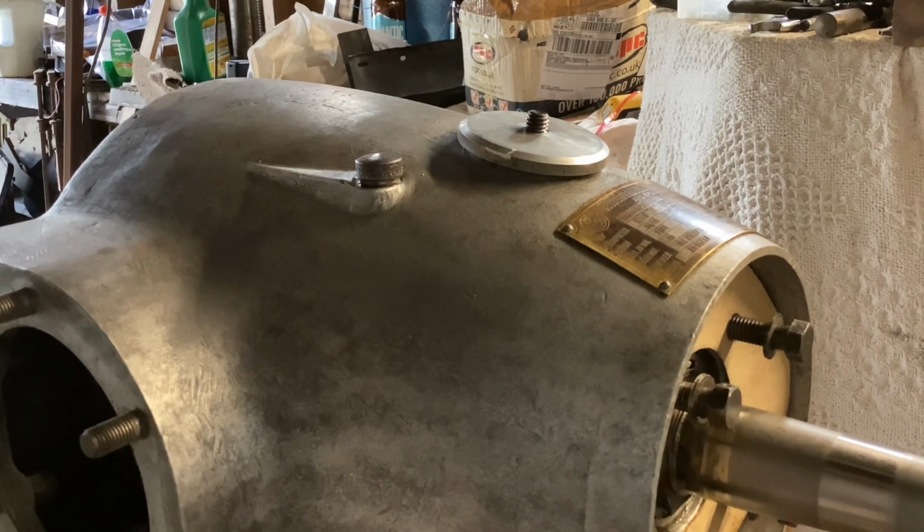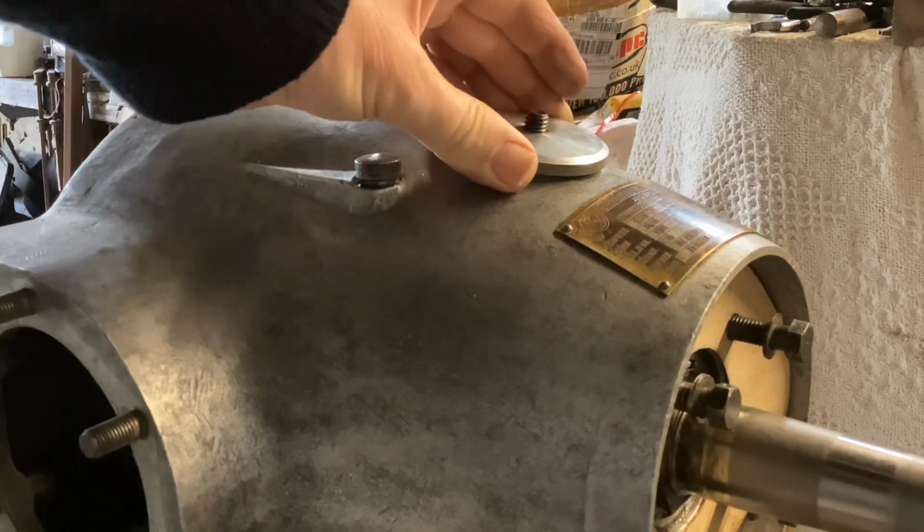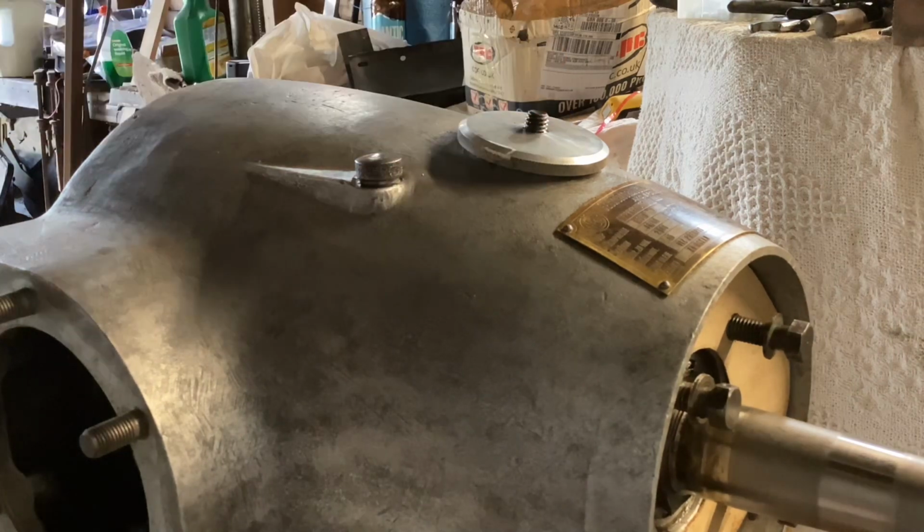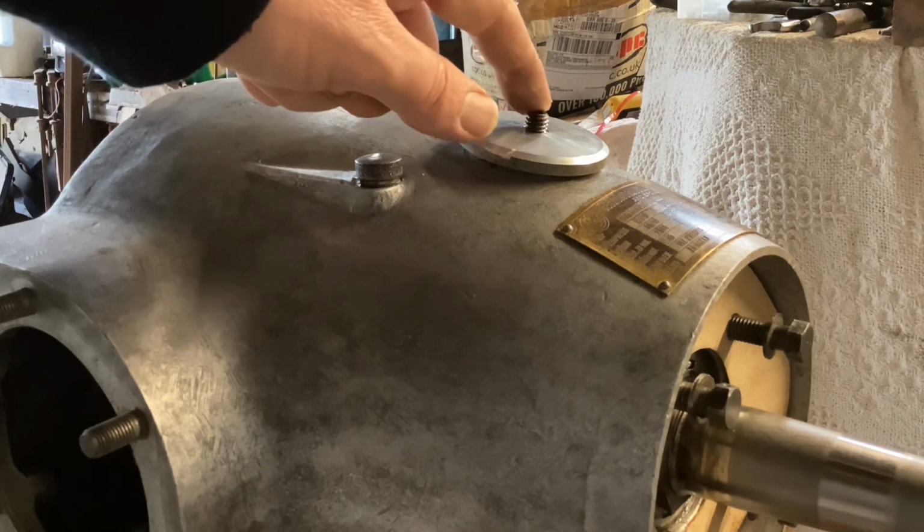Part 4 of putting the Praga engine together, and I start this with an apology. In the last part, I made this oil filler arrangement up, and I was a little concerned about the cap coming off still. One of my viewers suggested I peen the top of the thread over here, and I initially poo-pooed that idea